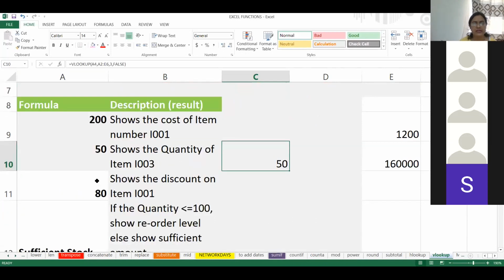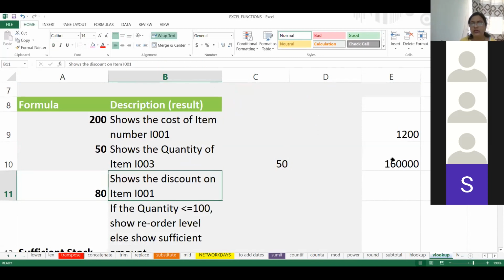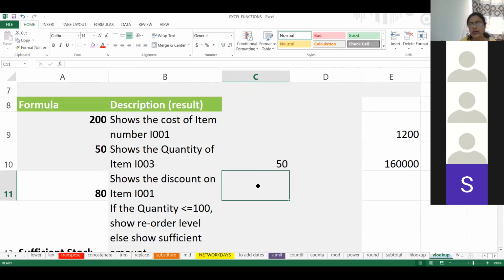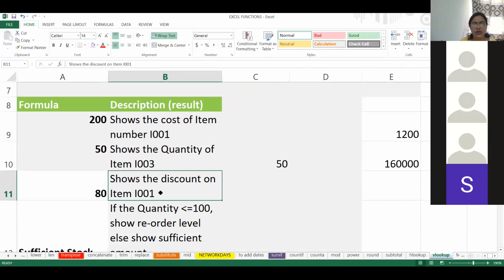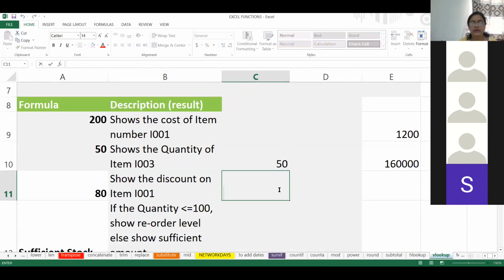Now the next one is a little different. If you are comfortable with VLOOKUP, those who are doing VLOOKUP again and again can tell me. Show the discount on item I001. What would be the function? You can unmute and answer me.